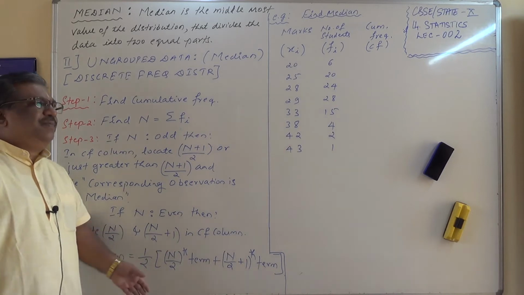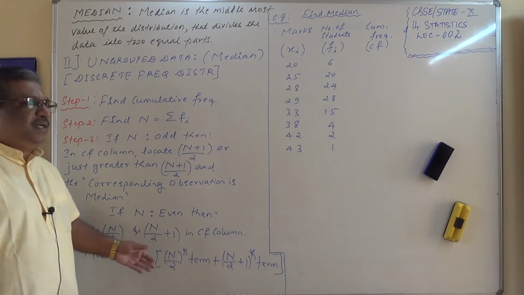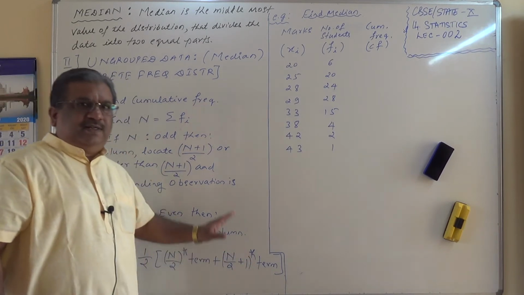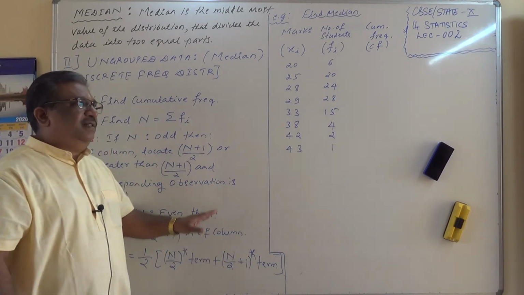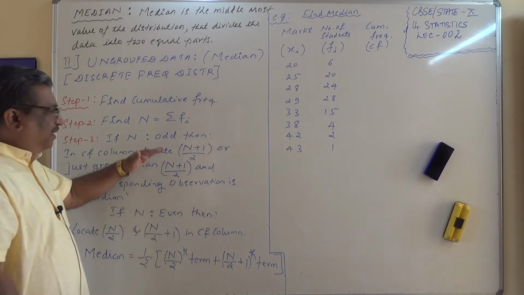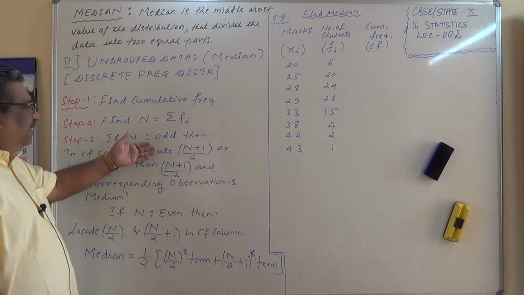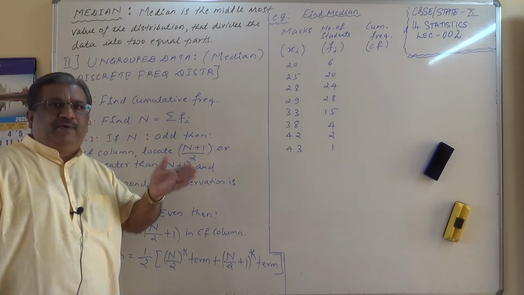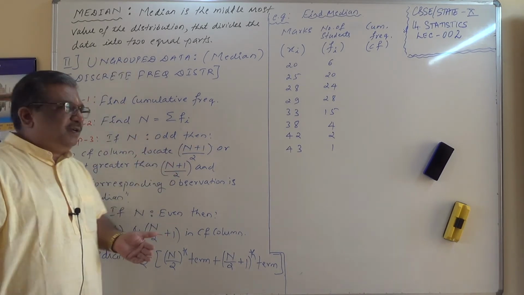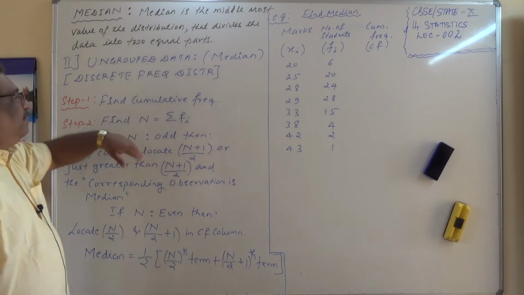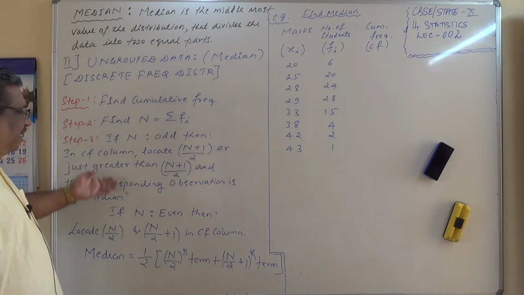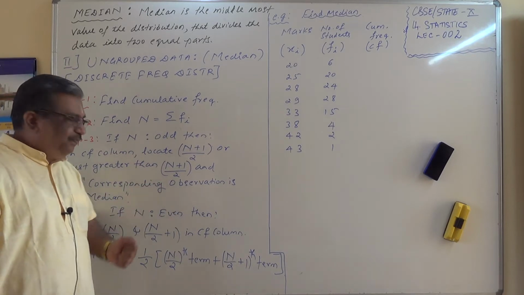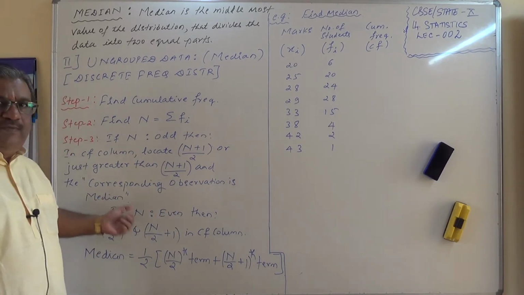So it is better to illustrate with an example so that you can see it very clearly. In R.D. Sharma the method is a little different, but I go by the textbook over here, and therefore this methodology is adopted. That is, n is odd or even, because generally for raw data n being even or odd comes into picture. But definitely for a frequency distribution table such as this, we can calculate the median by using the odd and even formula. So it is similar to the raw data which we studied.